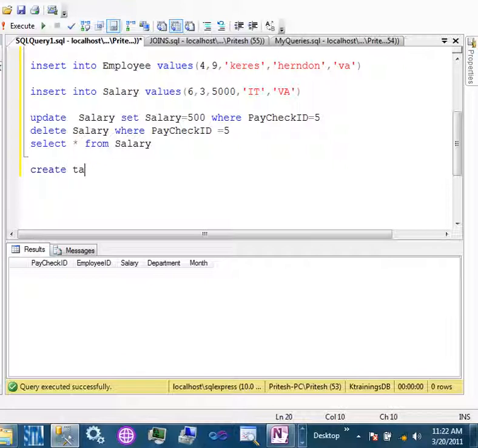Create table my table, then you say I need my user ID as an nvarchar of 5 characters and password, pwd, as nvarchar 5.